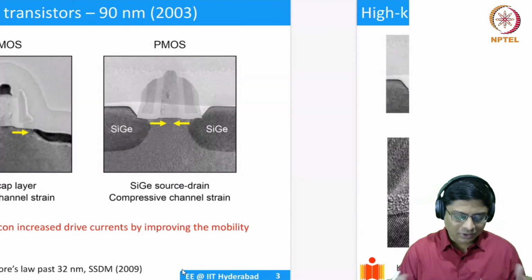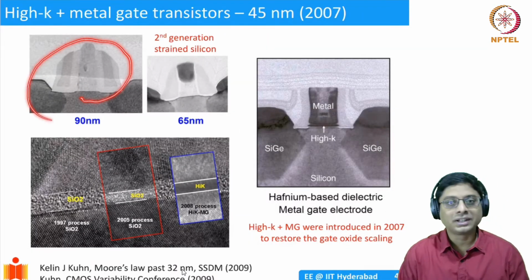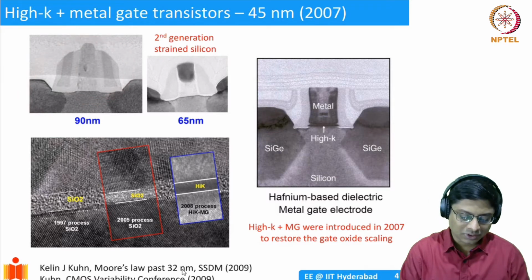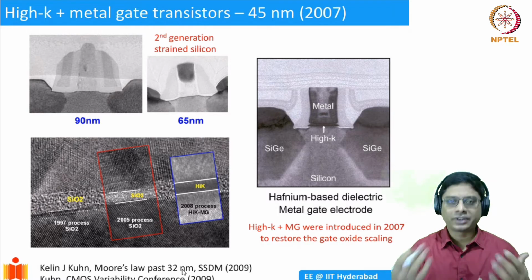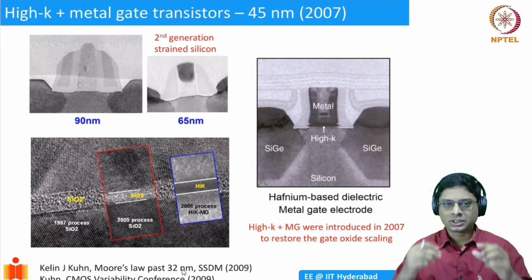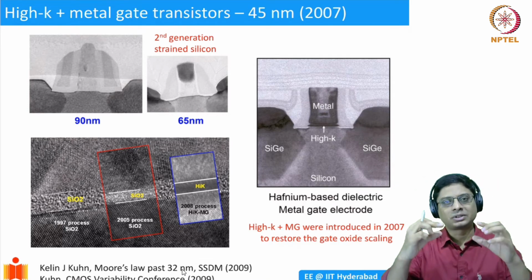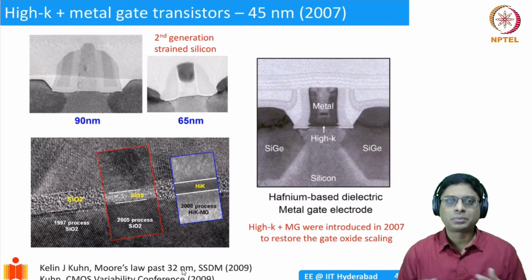So by 2005 already, they again make the transistor smaller. So this was the transistor which was looking in 2003. And then by 2005, they had the second generation of strain technologies, and they managed to improve the drain currents further. But then a big challenge came up. When we introduced the MOS capacitor, we talked about the oxide thickness, and we said that oxide thickness was actually coming down to nanometer scale. And that was a major problem.